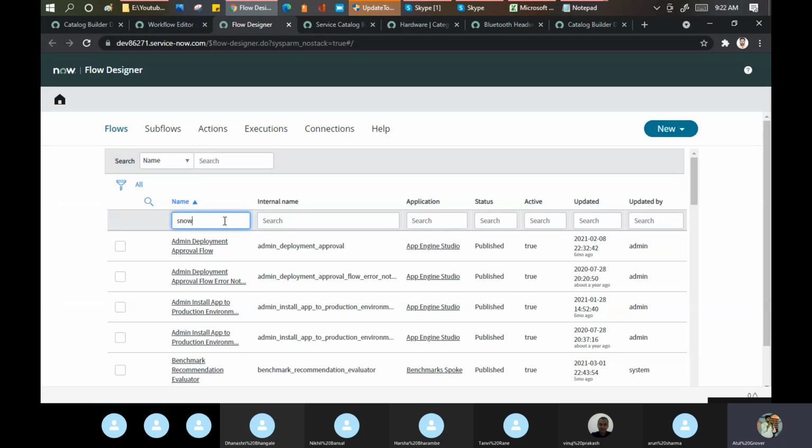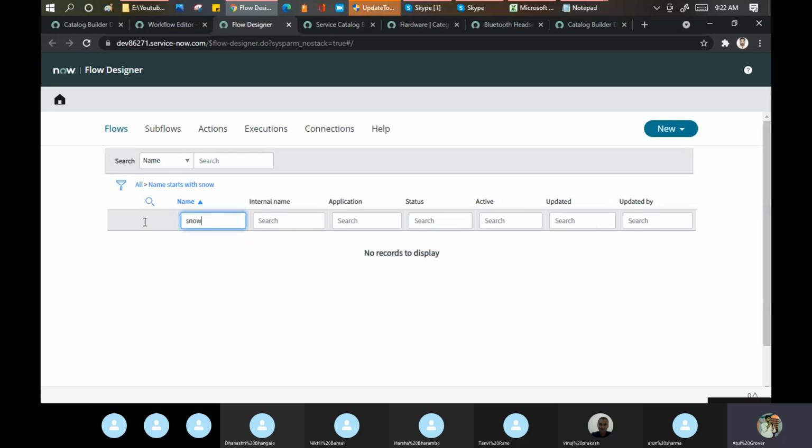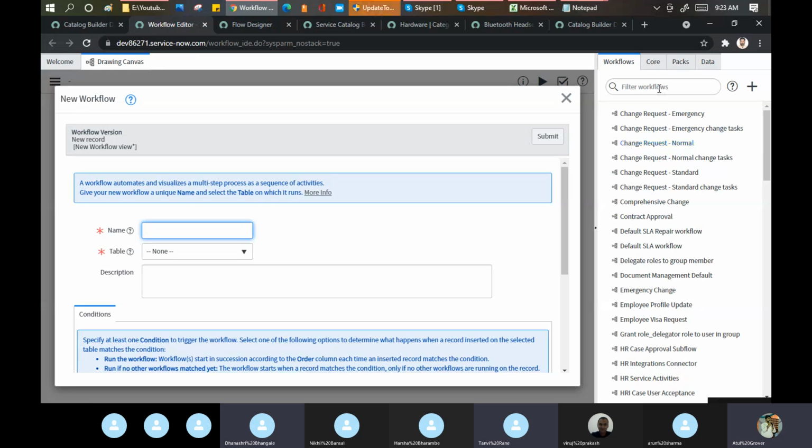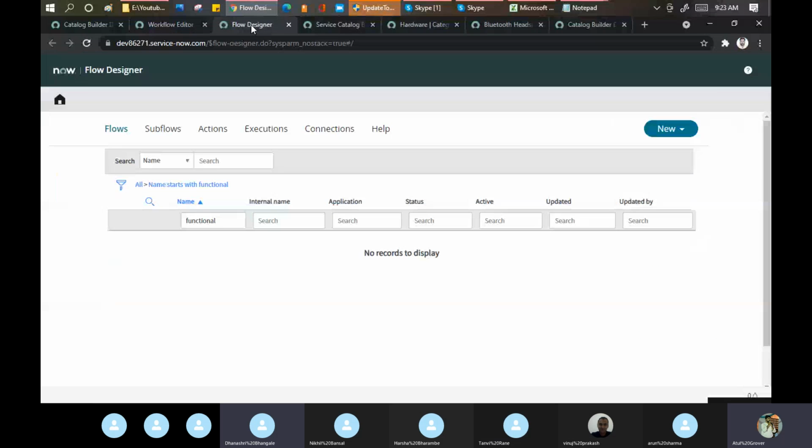Is it with the snow or what? It is with the functional, right? What was the name of the workflow which you created yesterday? Snow training, I guess. Snow training, na? It's not showing. No functional.